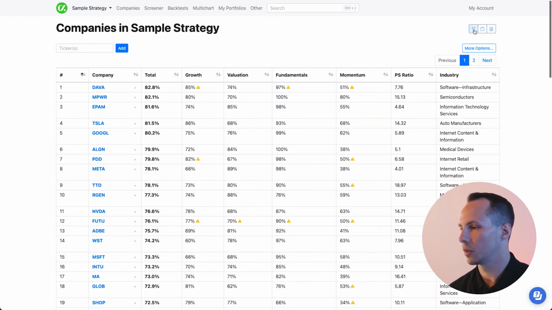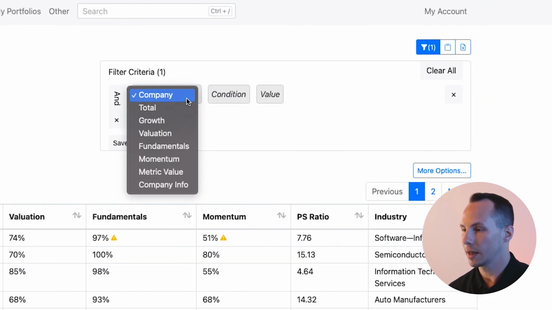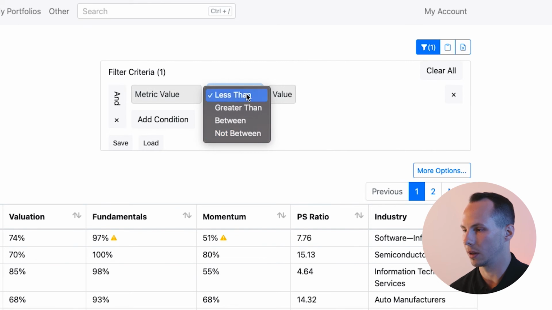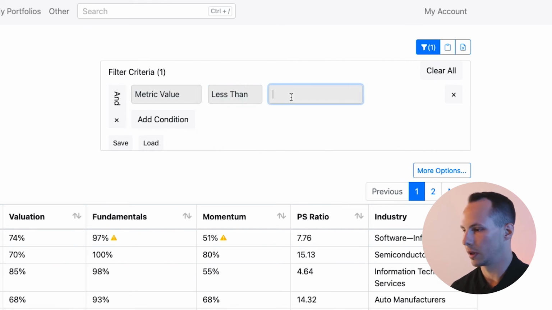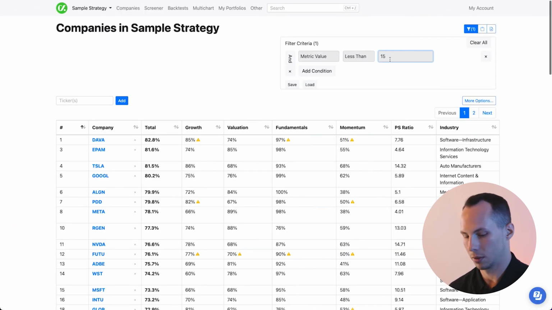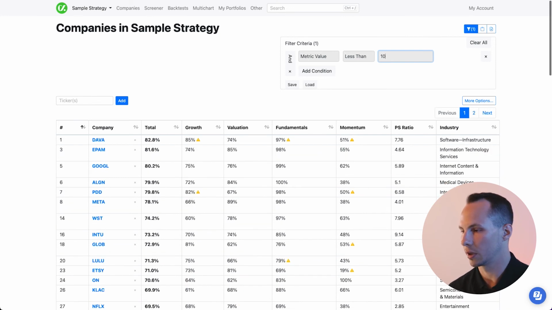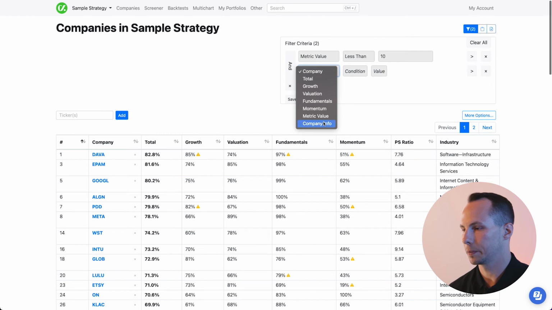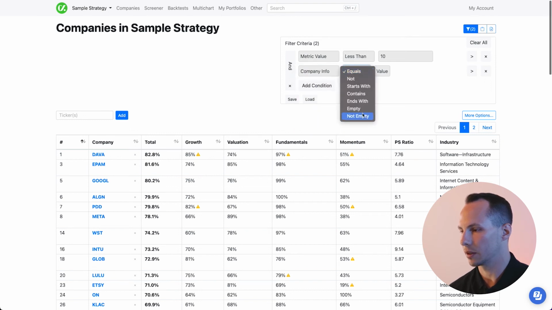Now I'll go back to my filters and I can add condition for the metric value, which in my case is price to sales. Let's say I want it to be lower than 15 or maybe lower than 10. And I can also specify the industry.